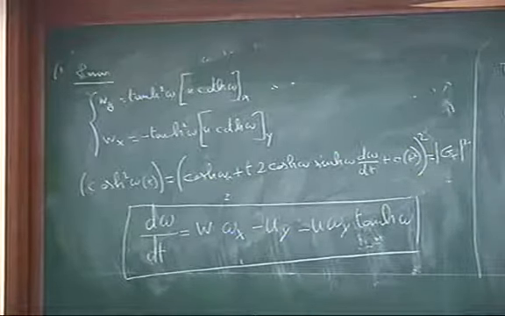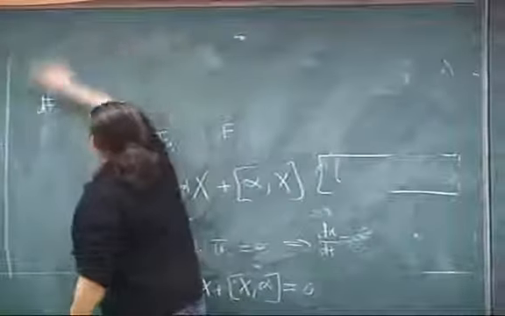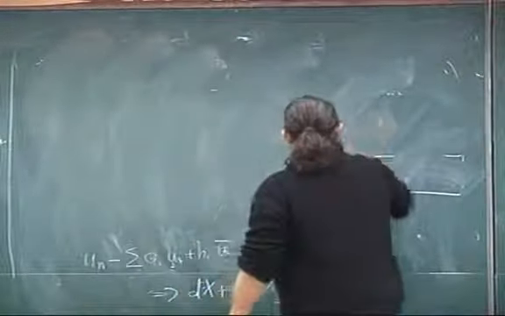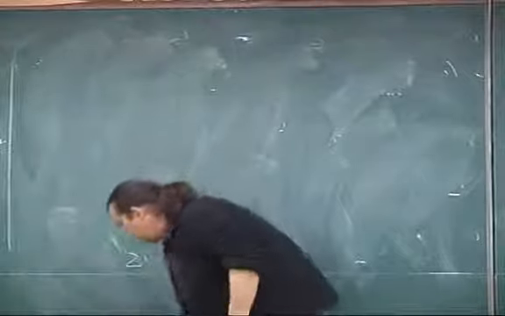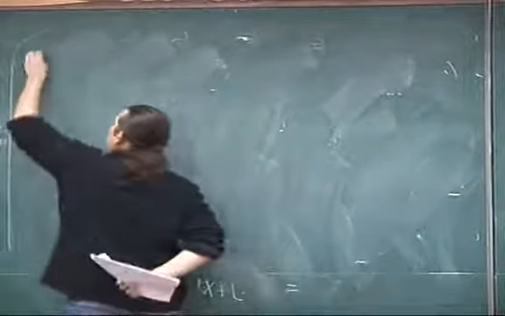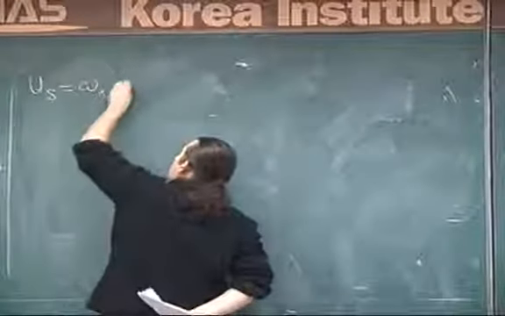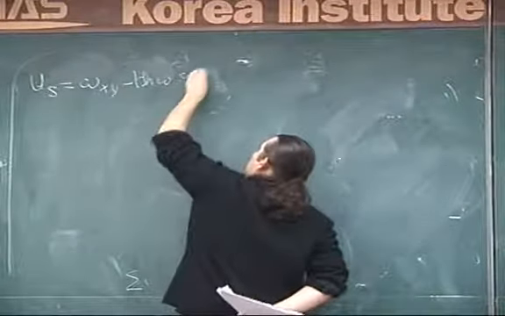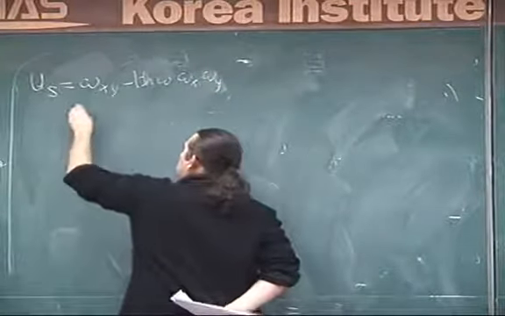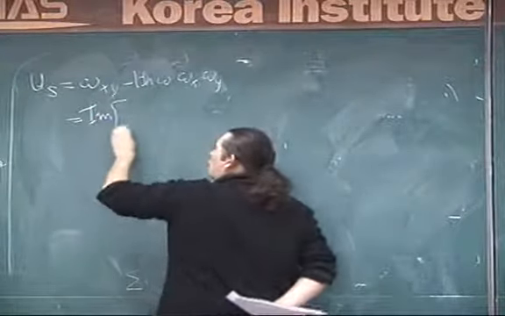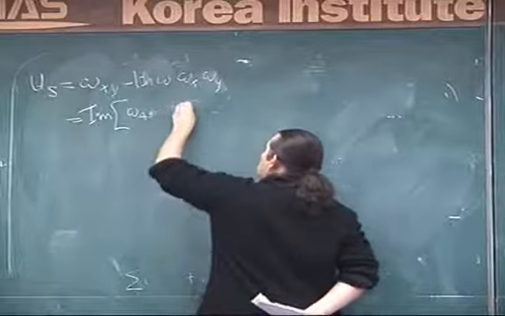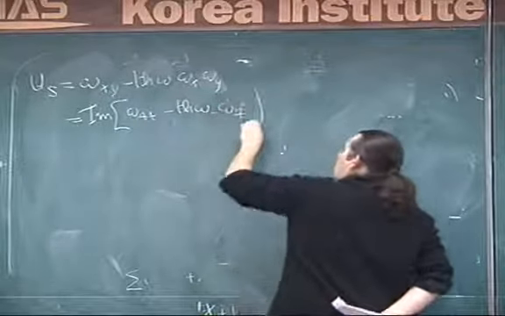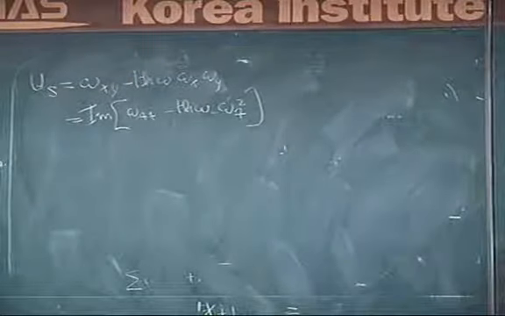Okay. And then what happens? I'm putting Schiffman inside all this formula. And I recall that Schiffman is omega xy omega x omega y, and in fact it is an imaginary part of a complex Jacobi field, which is omega zz minus omega z square, and the real parts of the imaginary part are Jacobi fields too.